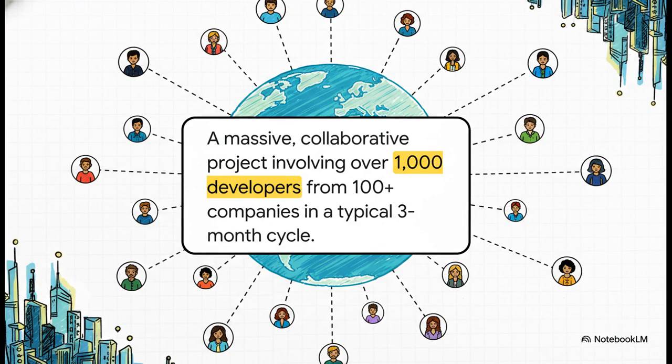I mean, the sheer scale of this project is just mind-boggling. We're not just talking about some code. This is a massive, ongoing human endeavor. In just one 3-month window, you've got over 1,000 developers from more than 100 different companies all working on it. So this shared vocabulary we're talking about isn't just helpful, it is the essential glue that lets all these people build and maintain this digital city together.